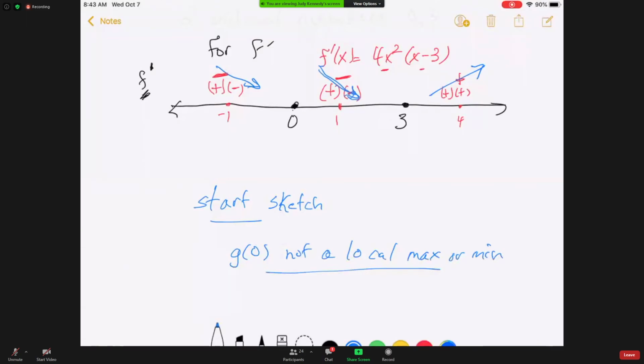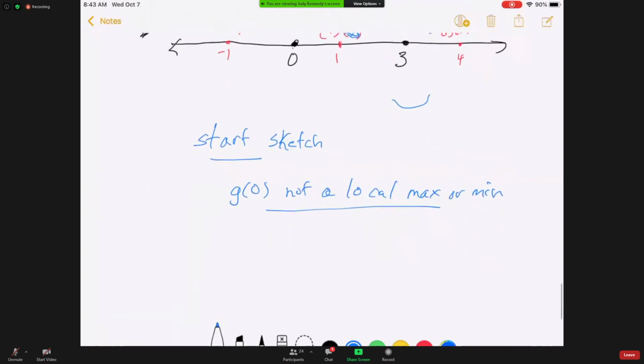Okay, some critical numbers don't give you either a local maximum or a local minimum. But I do have a local minimum at 3. It's going down and then it comes back up. Okay, so f of 3,